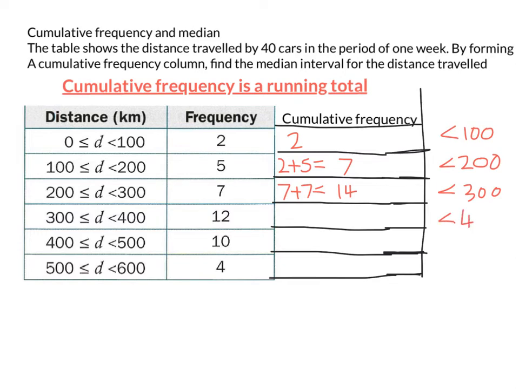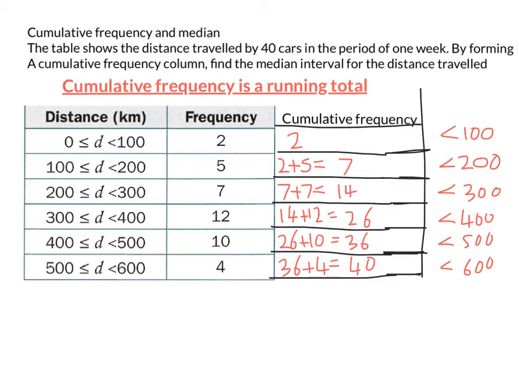How many travelled less than 400? Well, there are 12 travelled between 300 and 400, plus the 14 who travelled less than 300. So in total, how many travelled less than 400? 12 plus 14, which is 26. The next one would be less than 500, which is 26 plus the next 10 in that group, which is 36. And less than 600 should be your total frequency. There were 40 cars, and if you do 36 plus 4 in the last group, you get 40,